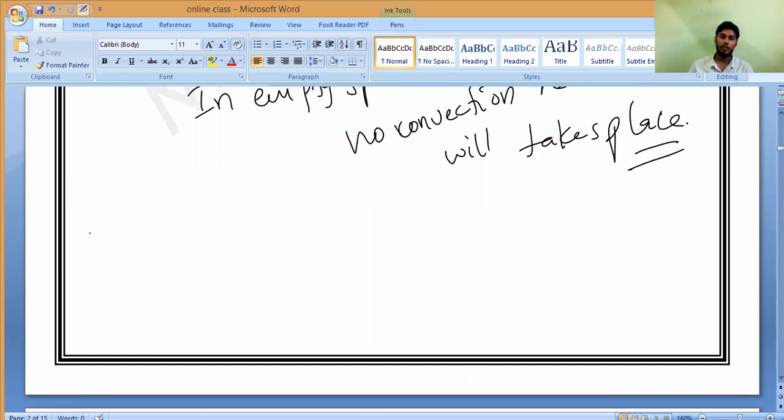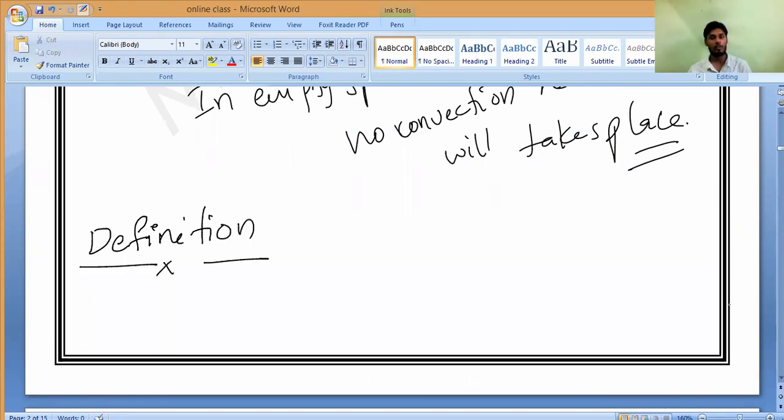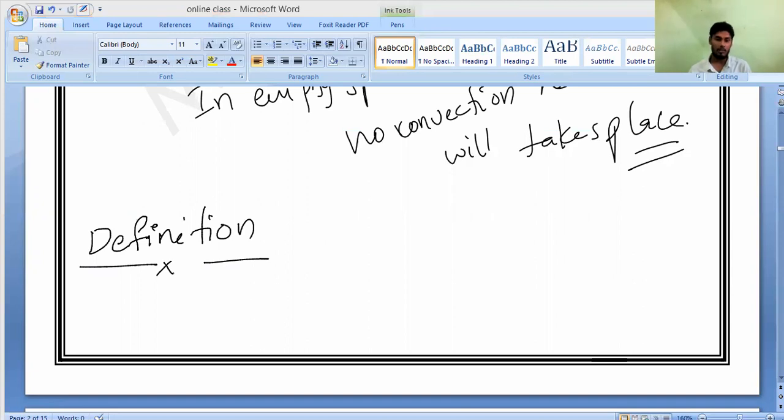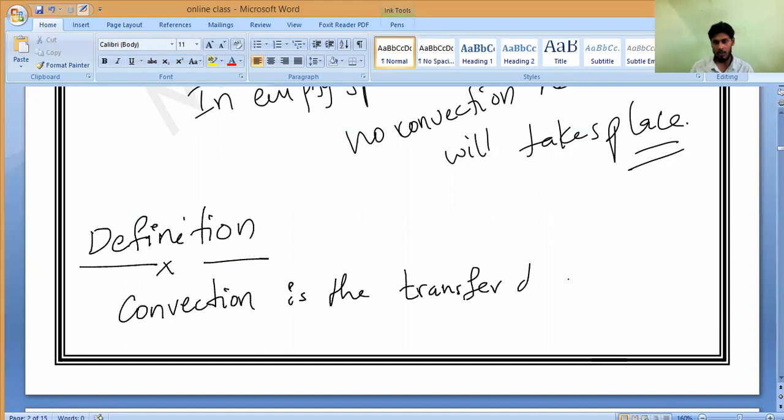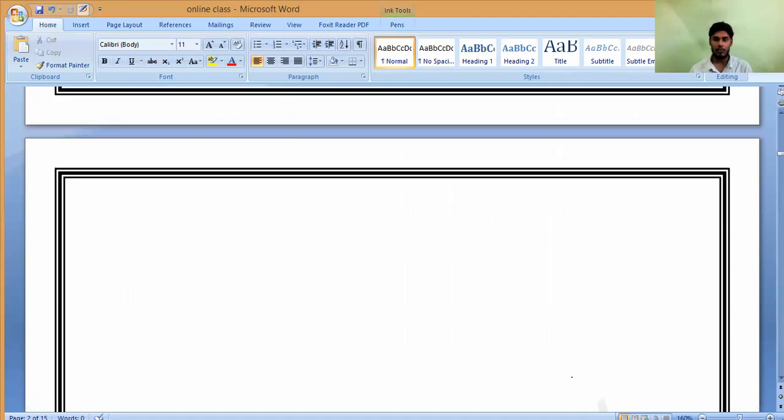Now you write the definition. Later we'll see convection in water. The definition is very, very important. You have to learn the definitions very well. Write it. Convection is the transfer of heat